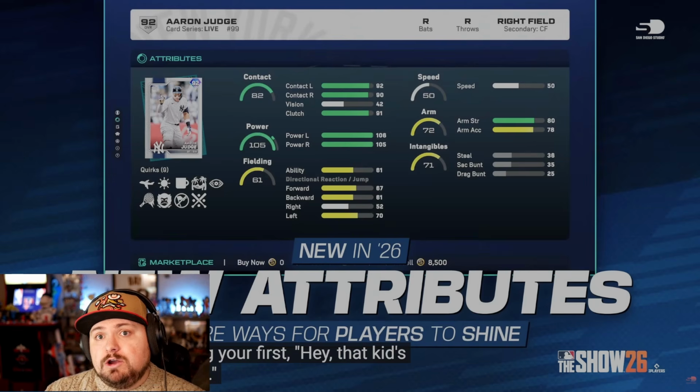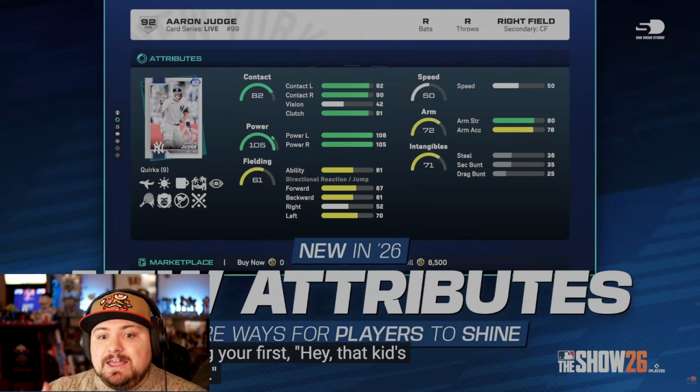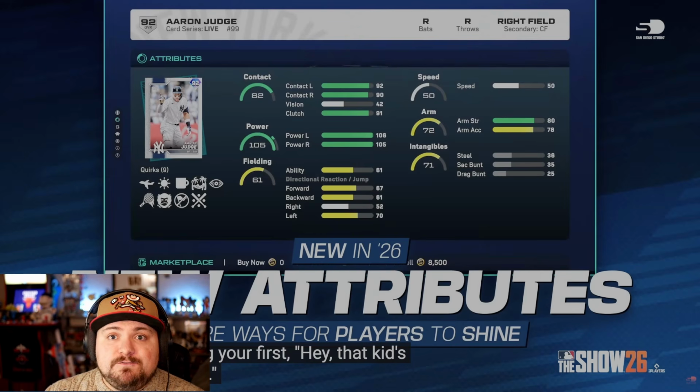That's a big issue with Ronald Acuna Jr. He's a lot better coming in on the ball, not as good going back on the ball, and now that's going to be reflective on these cards. I absolutely love this. They also said for pitchers,